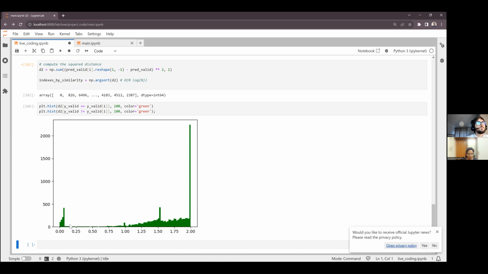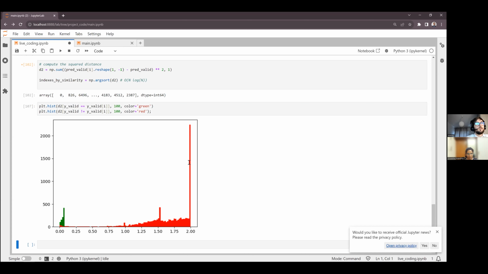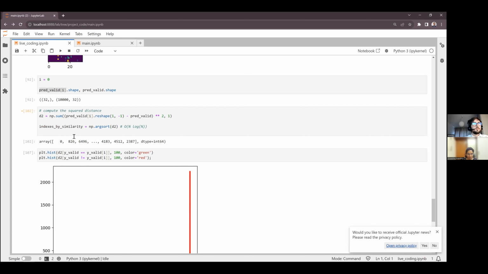You can see that the majority of items that are in the same class are very similar, but with some differentiation, while the majority of items that are in a different class are quite far, but there is some small overlap here of errors of the model or items that are somewhat similar aesthetically or maybe something like that, but we can look into that.